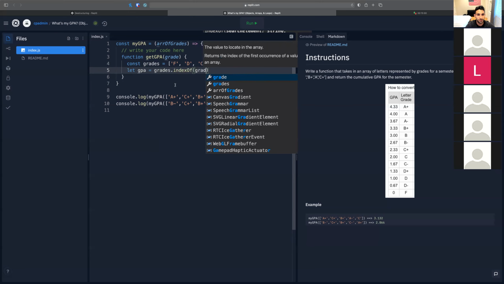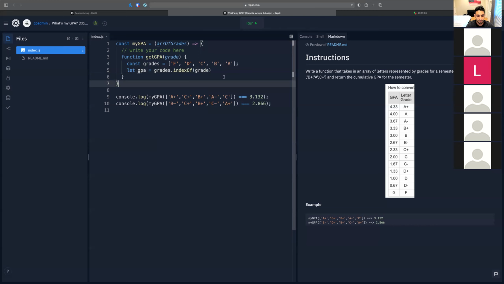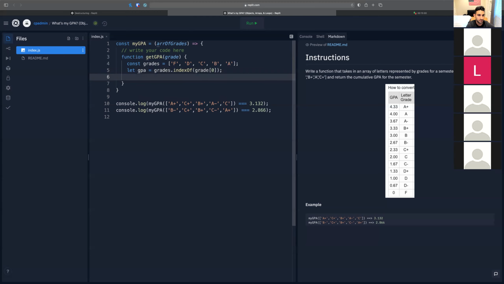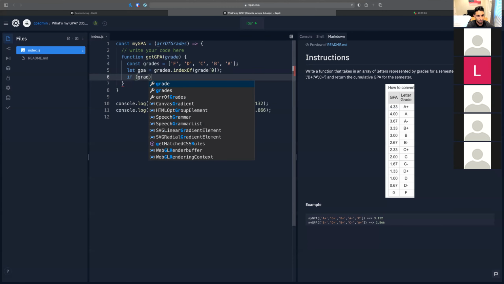And that's going to return a number between 0, 1, 2, 3, and 4 inclusive, depending on where the first instance was found. But that's not the final answer. Additionally, this grade may not be A, B, C, D, or F, but the first letter in it is guaranteed to be one of those. So I can say get it at the index 0, because remember, grade is a string. Now I want to see if this grade string has more than one character in it, then I know it has a plus or a minus at the end. So then I know I have to subtract or add 0.33 respectively. So I can say if the grade.length is in fact greater than 1,